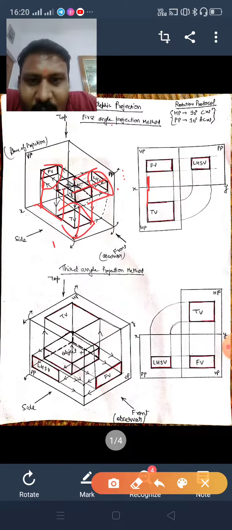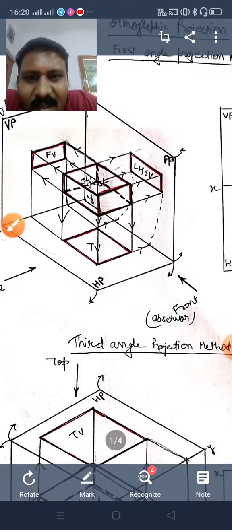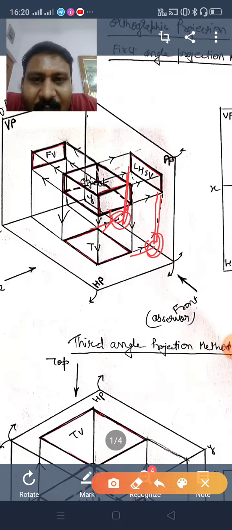Now once the top view is clear, see this point, just a minute, let me zoom it slightly. See this point. Okay. So if we project the top view here, you get this point, and this point is common to the side view also. This side view, this point is common to this side view. It is coming here only. So this point is common for the horizontal plane as well as the profile plane.